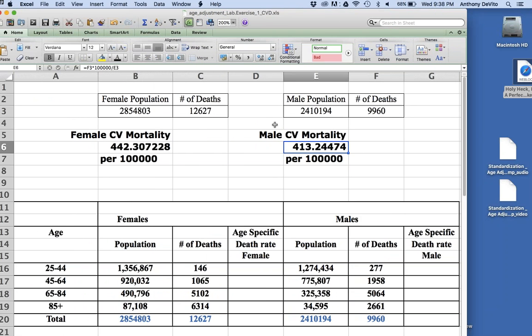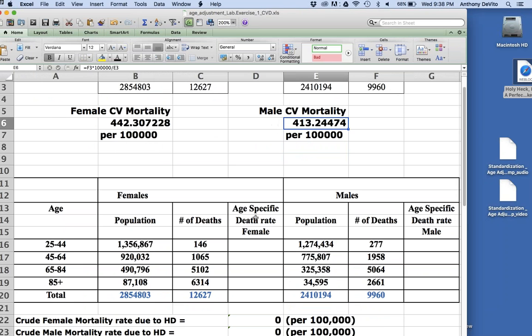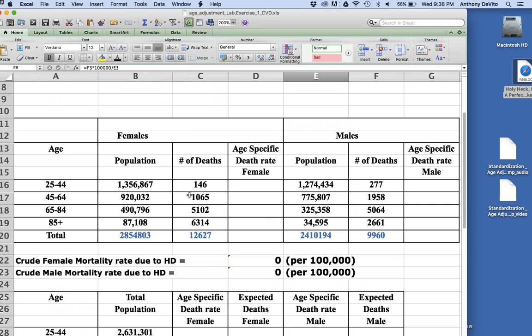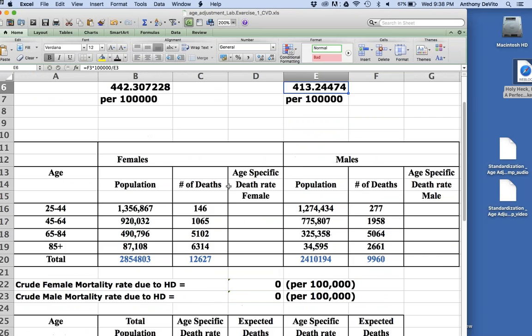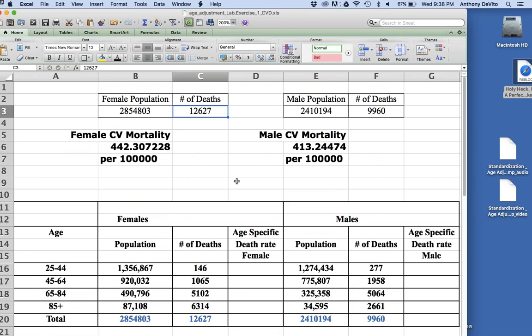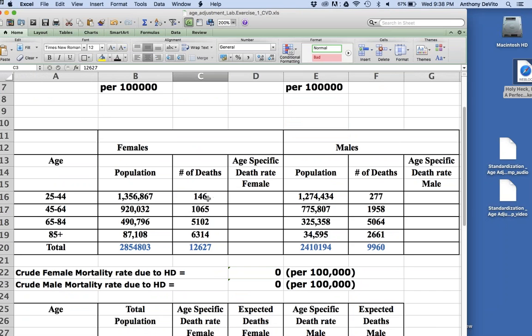Okay, and in order to do that, we're going to break down by different age groups the specific death rate within each age group for males and females. Now, as it happens, this 12,000 females breaks down this way. 146 of them were in the age range of 25 to 44, 1,000 were in the age range of 45 to 64, and so on and so forth. 6,300 of them were in the age range of 85 plus. Not that surprising because there's a much higher rate of death in elderly from cardiovascular disease than it is from